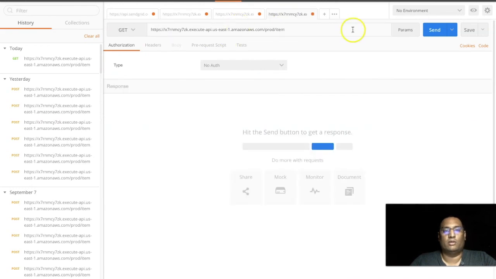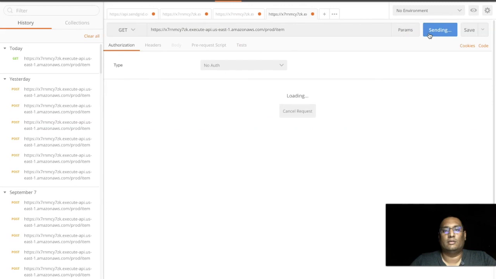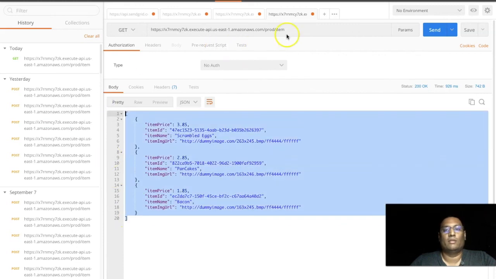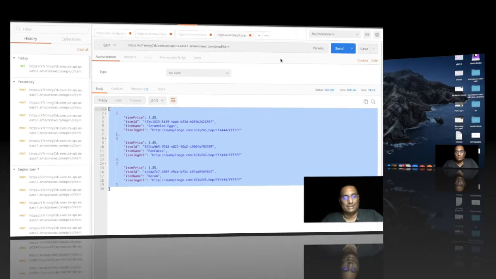Okay, get call, send. This is the output we want. The 3 items, whatever we inserted, we are getting it now. So we are done with creating item and getting list of item. Next, we will be implementing creating the order endpoint, and that will be the end of it. And we can just go back to the UI and start wiring things up.